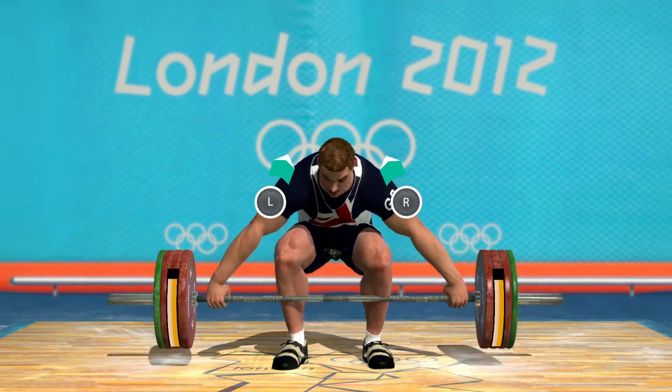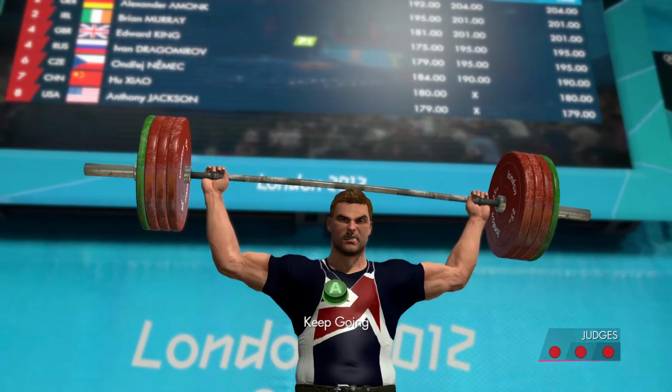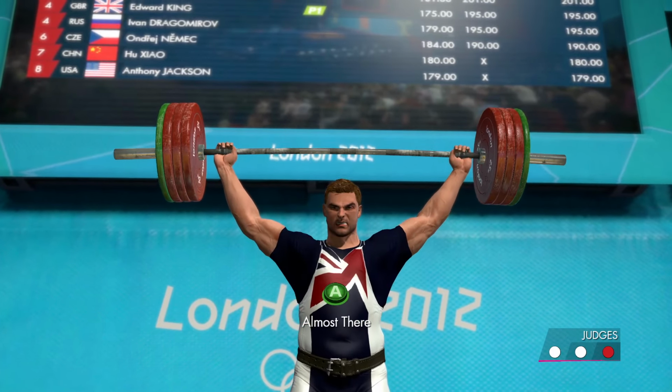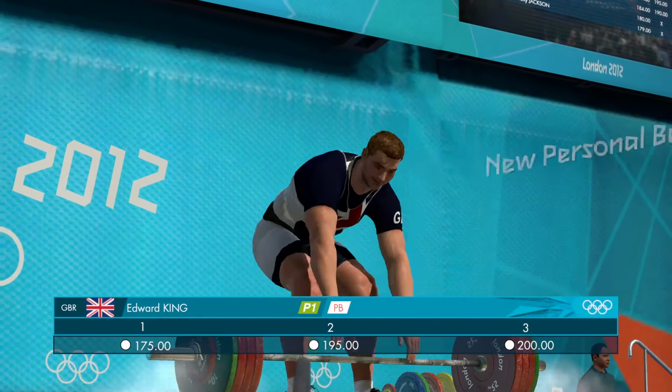Great Britain need to pick it up here. Here's the scoreboard. They're in 4th place. Really has to focus on this. Looks strong here. Needs the all clear here. 3 lights out, and that's a perfectly acceptable attempt. Crowd like it. Well, let's have another look at that. Technically, pretty...